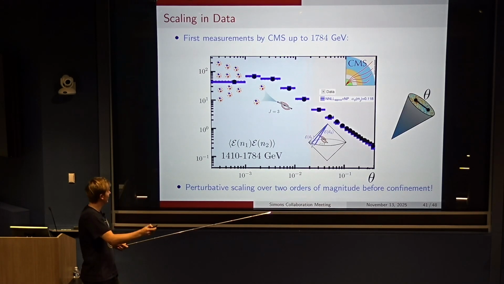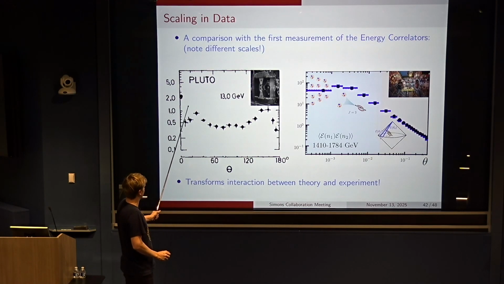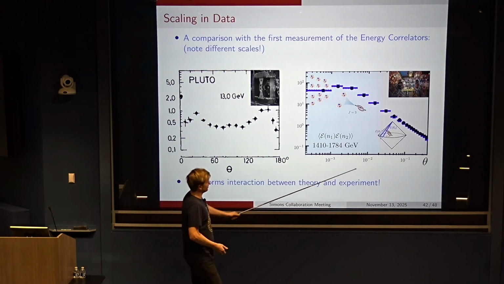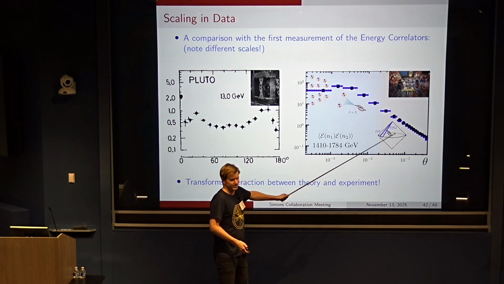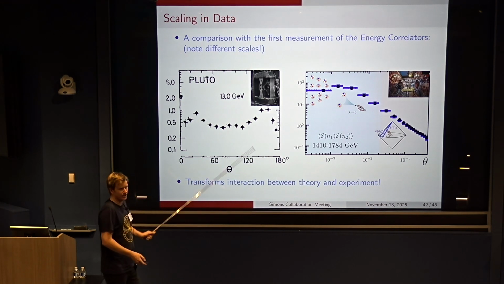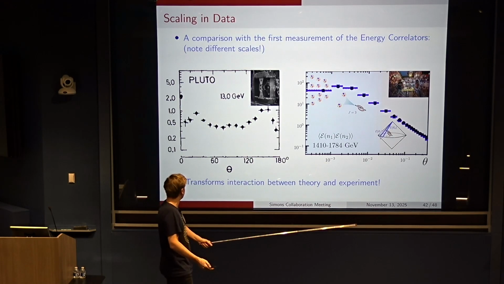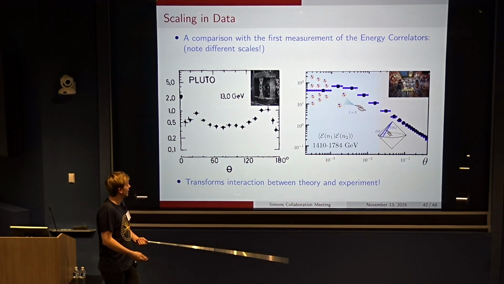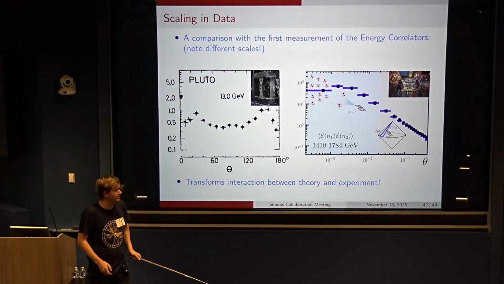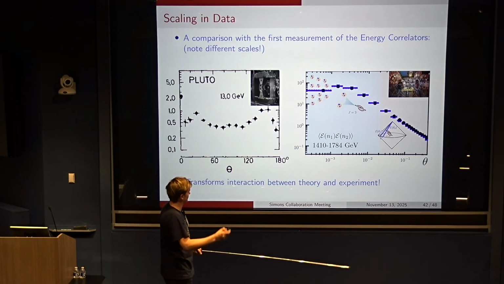And just to further emphasize the distinction between the scales compared to these very early plots, notice that in this original plot, it goes from 0 to 180, whereas this plot essentially maxes out at about 10 to the minus 1 in angle. So this entire distribution is inside essentially this single data point here. This really emphasizes how amazing these modern detectors and very high energies are, and has transformed the interaction between theory and experiment, because we're now able to access this beautiful conformal regime of QCD, and then ultimately its confining breakdown into hadrons at the end.